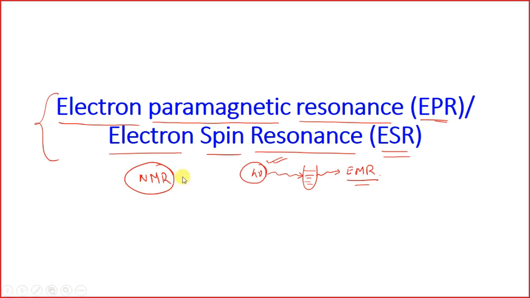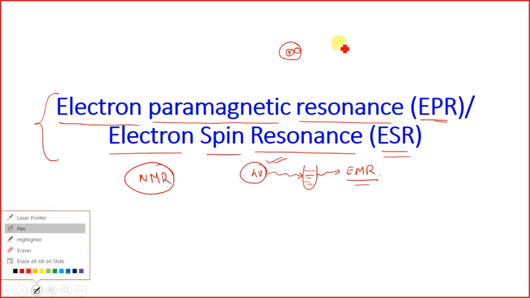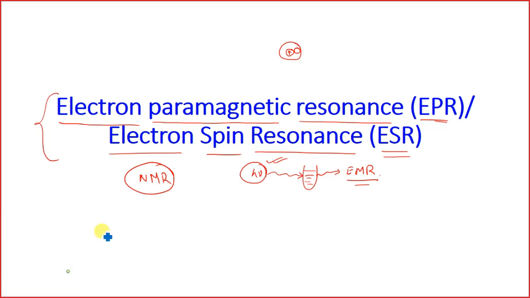In NMR, before going into it, we know that samples are basically molecules, and in the molecule we have the atoms, and within the atoms we have protons and neutrons, which form the nuclei, and around this nuclei we have electrons,